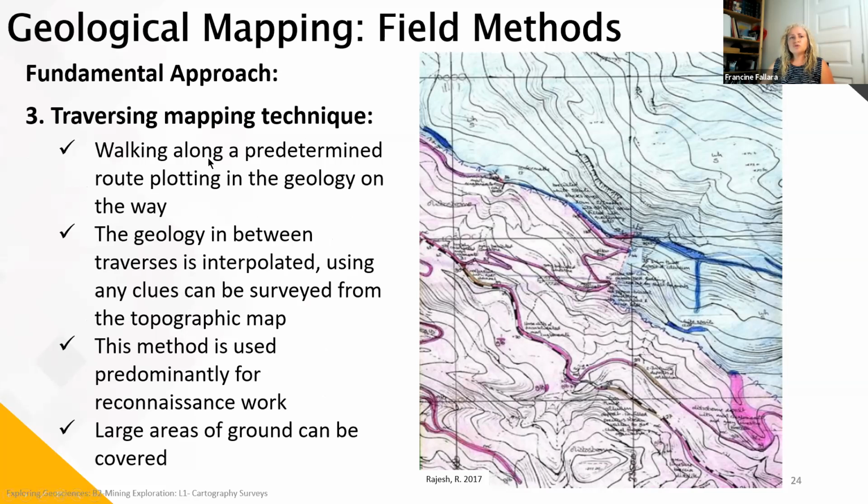What we do is we do traverses. Traverses are our main mapping technique when we are physically on the field. It's just walking along a predetermined route, plotting in the geology on the way. So what we do, example here, we can see that our units are trending